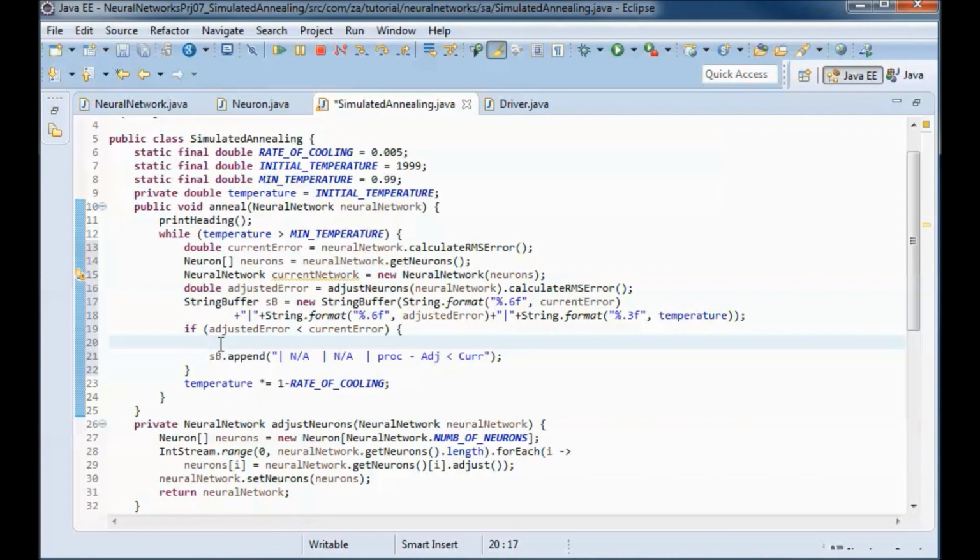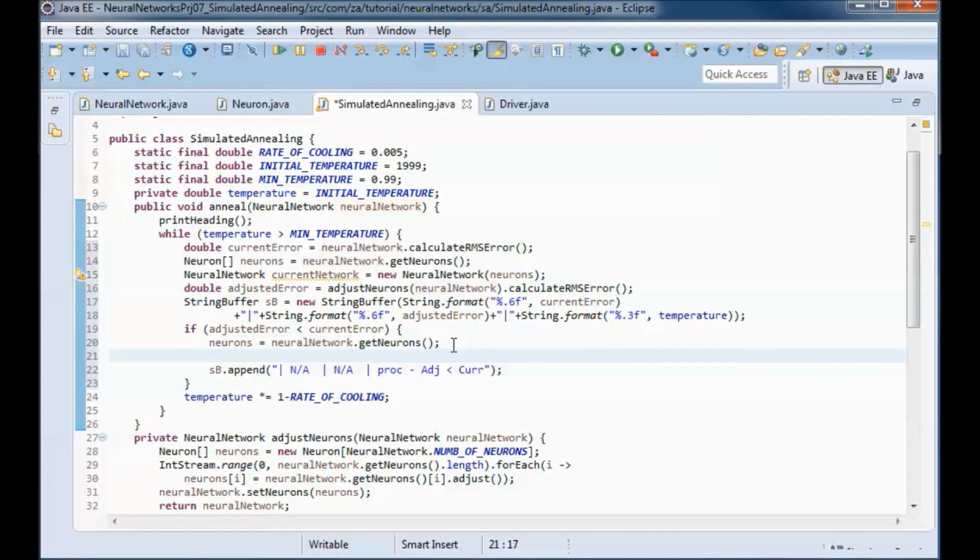So here the neurons will be what's returned from neural network.get neurons, especially since here we called adjust neurons on the neural network. And the current error will be the adjusted error.